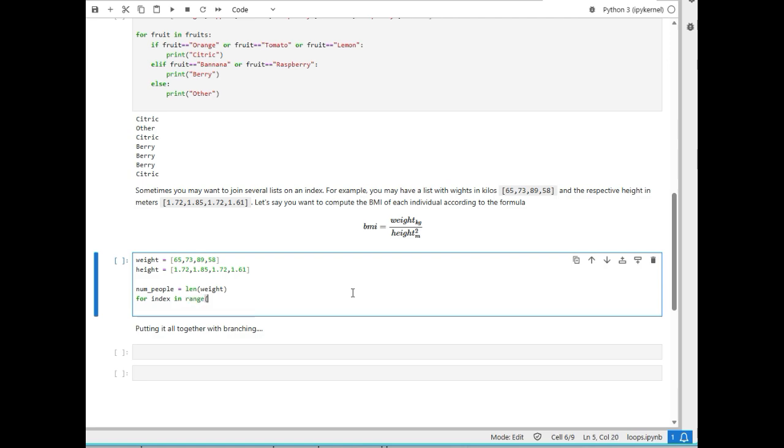And I can say, just for example, range 4. So that'll give me 4 elements, 0, 1, 2, and 3. Okay, starting from 0, 4 elements. But remember, I know how long this list is. I saved the length of one of these, which is the same as the length of the other, in numPeople. So I'm going to do range numPeople,